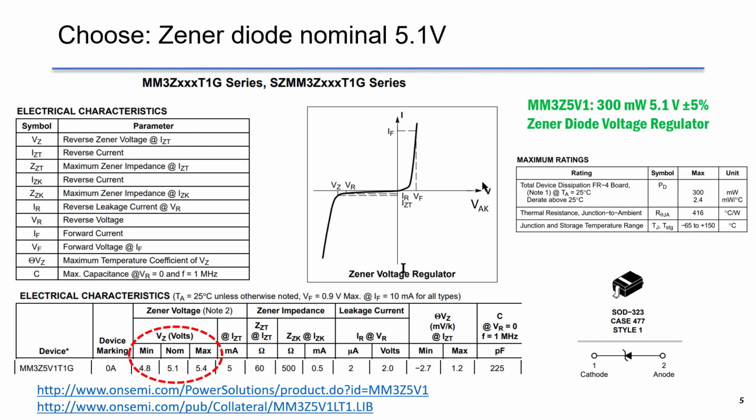The Zener diode is forward biased in the first quadrant, where both voltage and current are positive. The current is flowing into the anode of the diode, and the voltage between the anode and the cathode is positive in the first quadrant. In our design, we want the Zener to operate in the third quadrant, where the voltage and the current are both negative. That means the current is flowing from the cathode to anode, and the voltage between cathode and anode